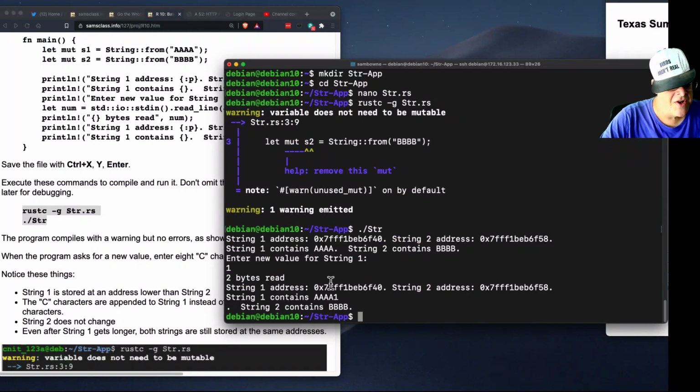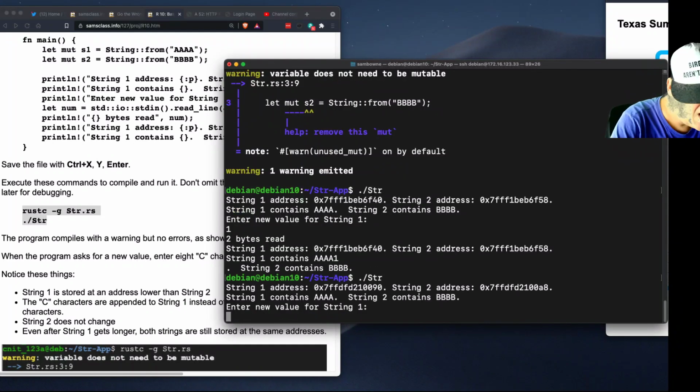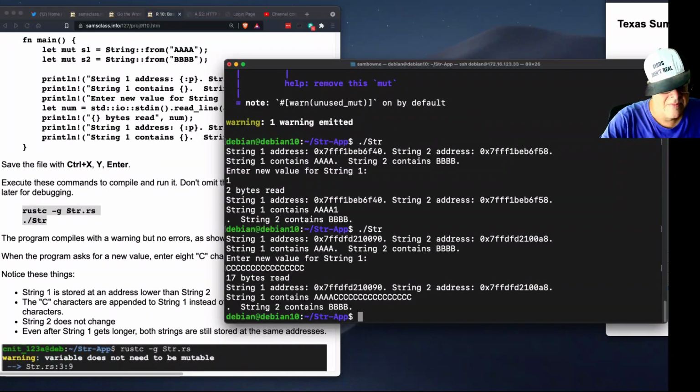it changes, it adds it to the end. It doesn't replace the existing, it adds it to the end of the string, but that's not bad. And so if I add a whole lot more to the end, it just does what you expect. It adds that to this one and doesn't change the other. And it doesn't move either of them either, but if you look at them in a debugger, you can see